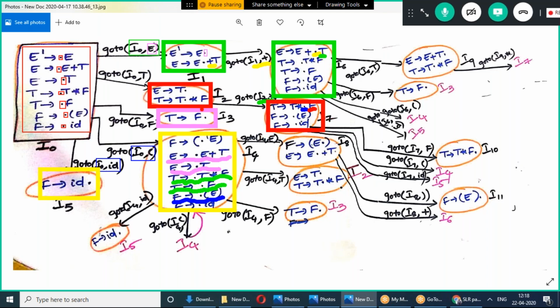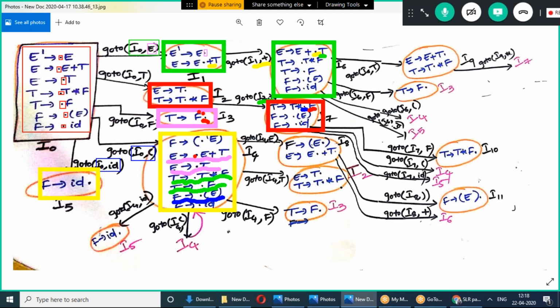So I2 is completed. Then come to I3. I3 has only one production, which is a final item, and the dot has already reached the end. So we need not perform any goto operation on this. So I3 is also finished. Now come to I4.